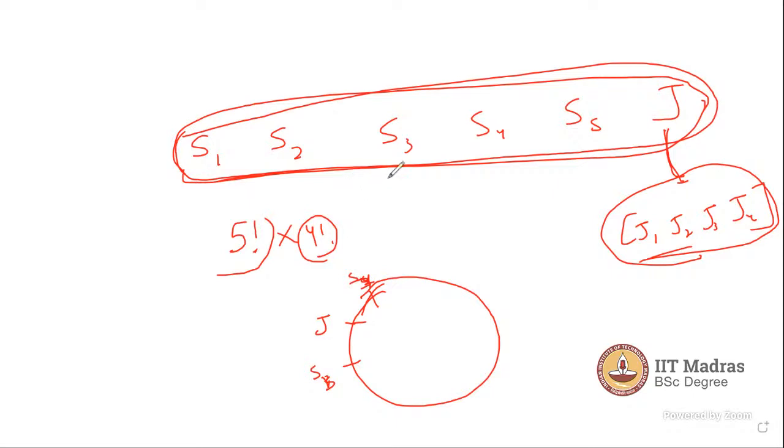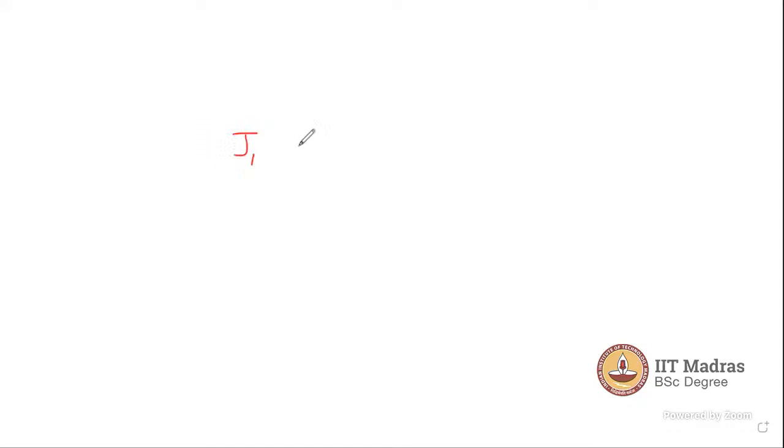Suppose J1 is on the left of J3. Okay, no problem. J1 is on the left of S3. Okay. Then the remaining 3 juniors, whatever it is, no problem. In the next arrangement, when